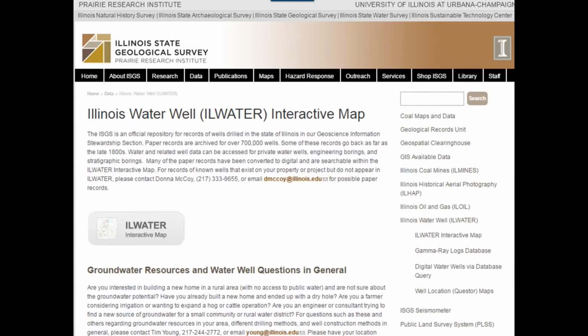Here in Illinois, our State Water Survey and State Geological Survey are sister agencies under one department on the campus of the U of I. We share a lot of information. They do coal and other things, bridge borings and all that, where we concentrate just on water well logs. In Illinois, you can go to the GeoSurvey's website. On the right-hand side is Illinois Water Well, ILWATER, which is a poor name in my opinion, but that's what we all call it.